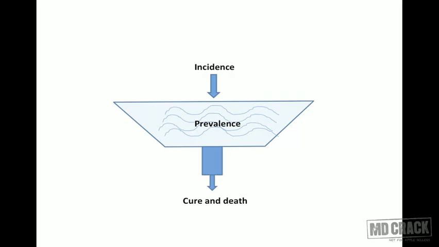Okay, say for live examples, if I say worldwide the prevalence of HIV/AIDS is increasing. The patient load of HIV/AIDS is increasing, but the incidence is becoming less. And there is a paradox. If new cases are being lessened, how is the existing case pool increasing? Like I just told you, I am clipping the outflow. In the first example, I increased the outflow. Now I am clipping the outflow. People on HIV/AIDS are getting better treatment. They are living for long time, and therefore the prevalence is increasing, although the incidence is decreasing.